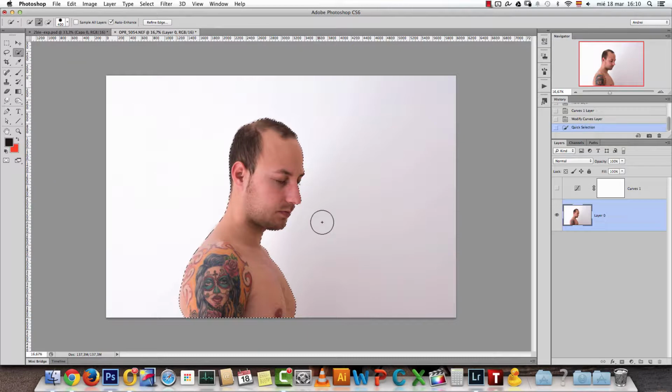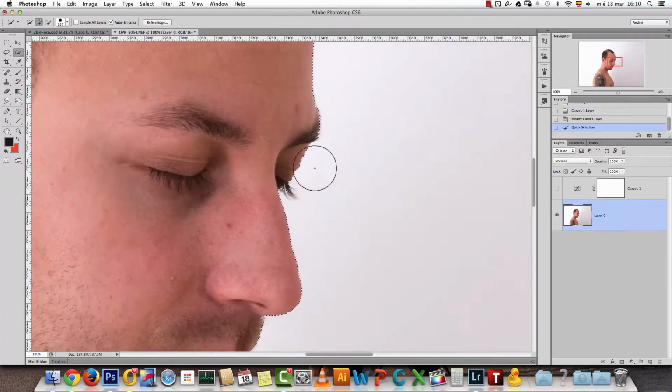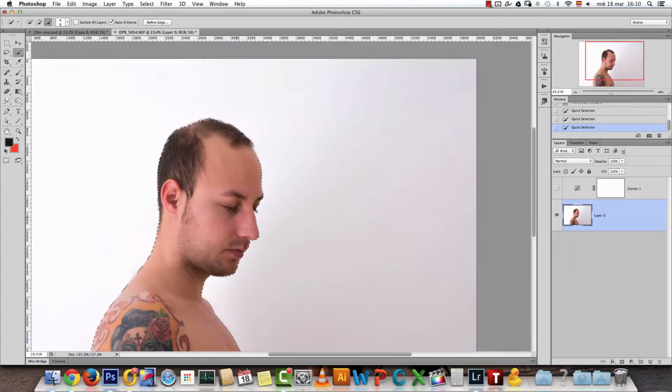You don't even have to refine the edge, because for this particular effect, having an exact match of the edges is not really that necessary. Just try to match the biggest features and select most of them, and that's pretty much it.